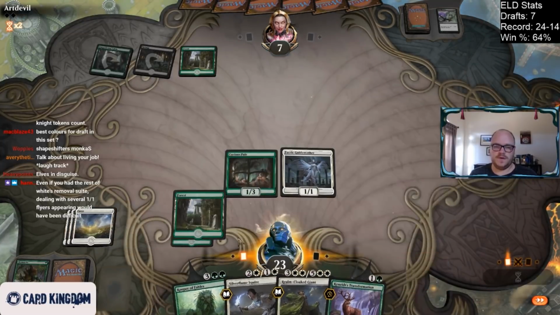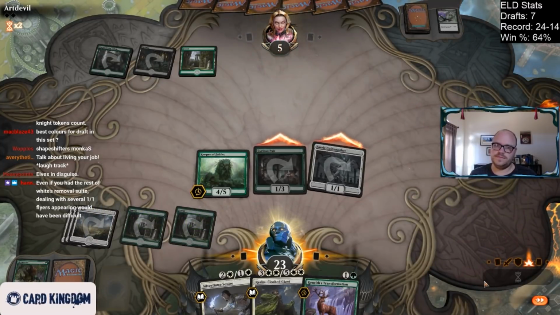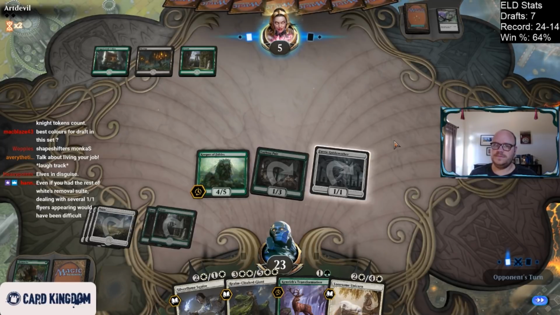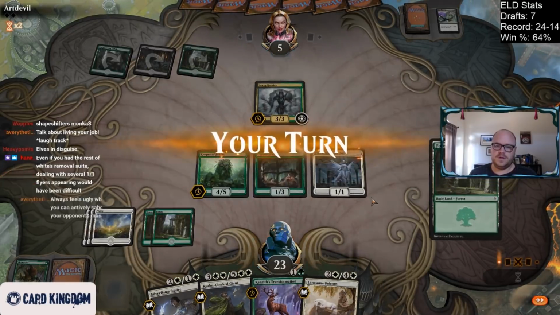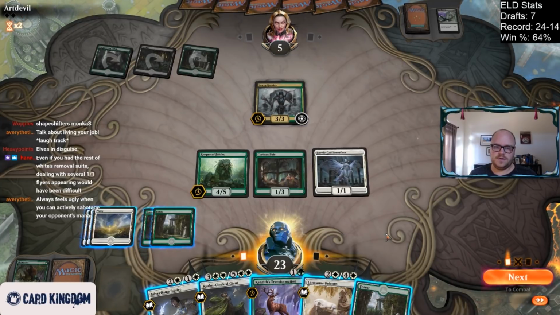So now, I think we just play our Keeper. This will draw us a card since we have a Fairy who's going to do damage. Yeah, that's kind of annoying. Probably not annoying enough, though. So...